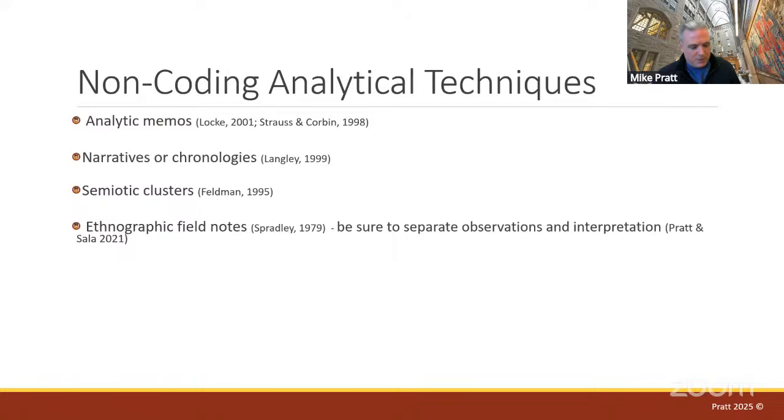Let me give you an example. I have this exercise in my qualitative methods class, and I say, go observe something and come back and write the notes. I had this student who said, I saw this couple walking into an event. I said, okay, stop right there. Why is it a couple? What do you mean? I said, how do you know they were a couple? Why weren't they just two people walking into the event? So they go, oh, well, they were standing really close to each other. I said, okay, that's helpful.